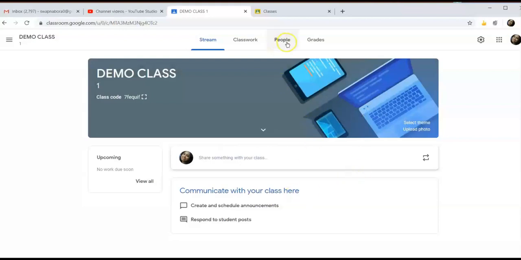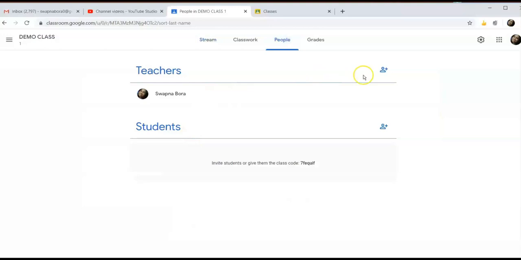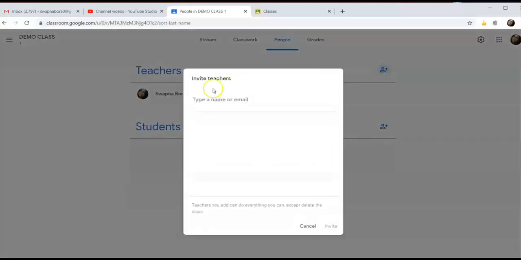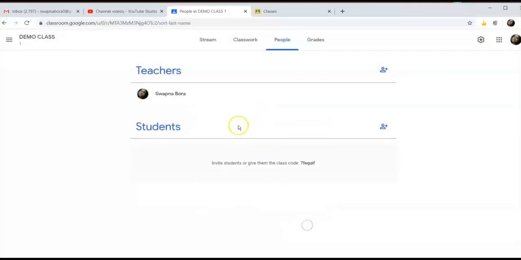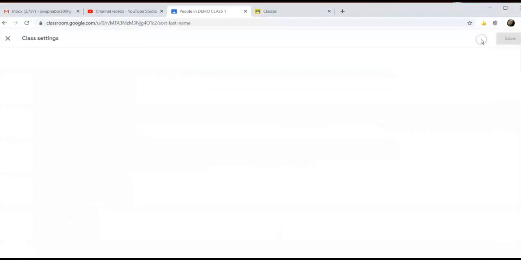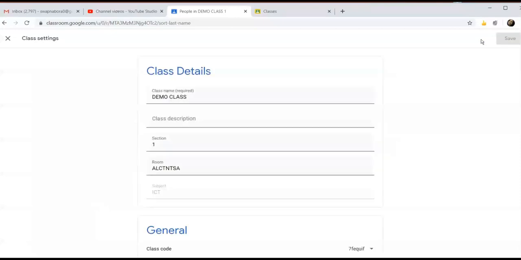So let us go back to people, where there are different options for the teacher also. Type a name and email, and again the code is also applicable to teachers. This is the settings option of my Google Classroom. If I click on the class settings, it will show my class details: demo class, class